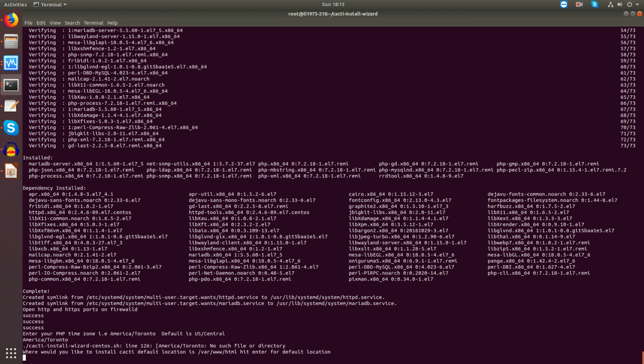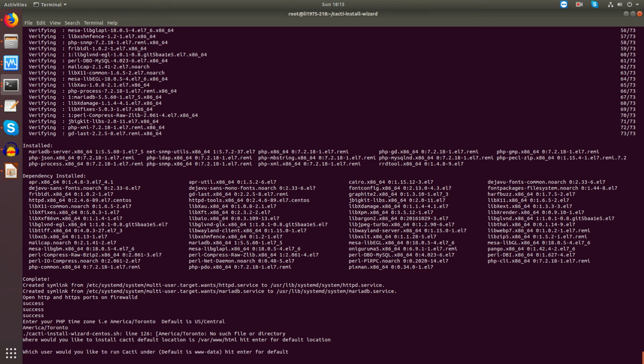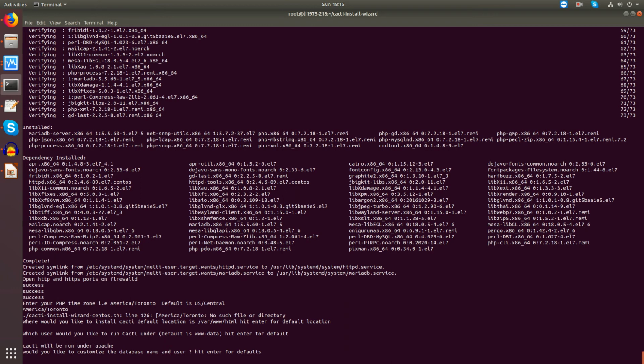Now we'll get to where we want to install Cacti. So /var/www/html would be the default here, so just hit enter. What user we want to run it under? Just accept the default. Now this is where you can either customize the database or use defaults that are built into the script. If you use the defaults, the database name is cacti, username is cacti, password is cacti. If you don't want that,